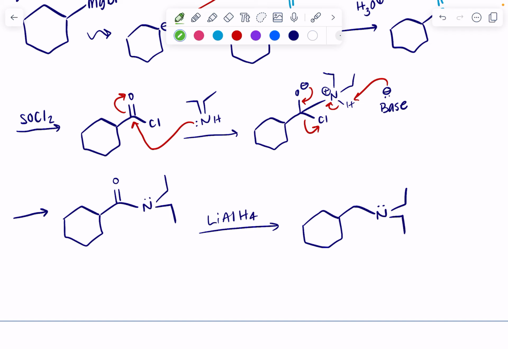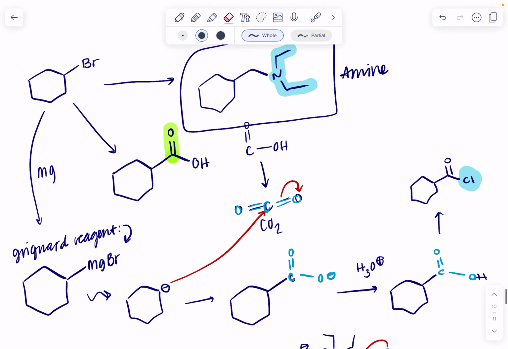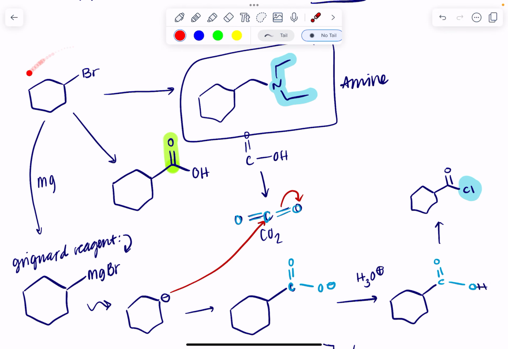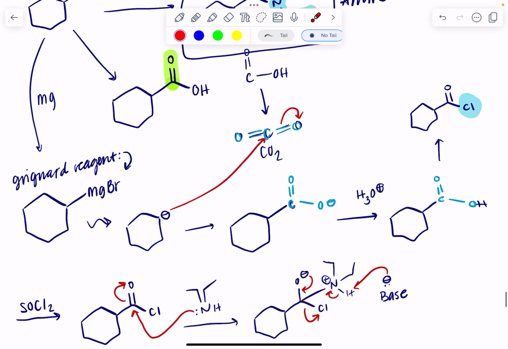So we know this N is still going to be there with its two groups, and we're going to replace one bond to oxygen with a hydrogen. We'll keep the other one, and then ultimately we're going to do the same thing twice. So we're going to get another hydrogen adding here. So this is the reduced form of this, and this is our final product. So we started with something we could form a Grignard reagent with, made the Grignard reagent. Okay. Now we needed to add another carbon to that